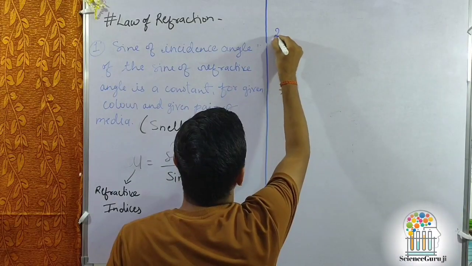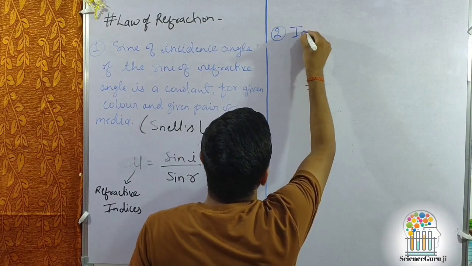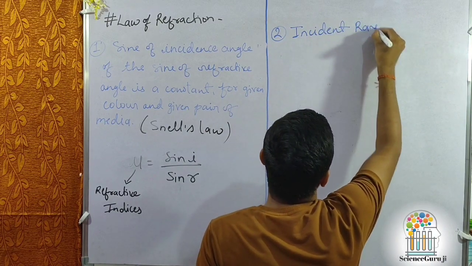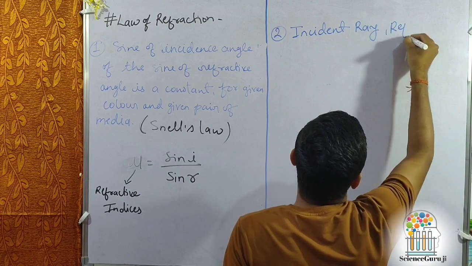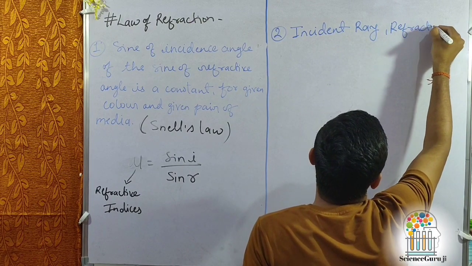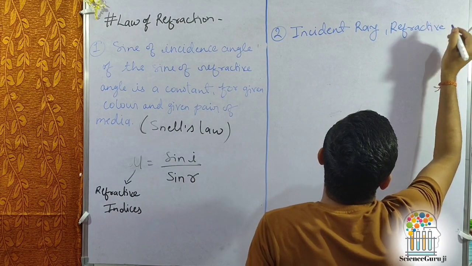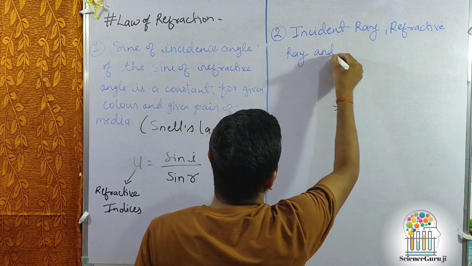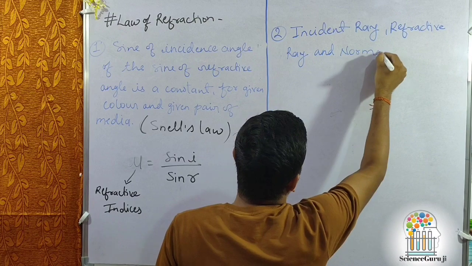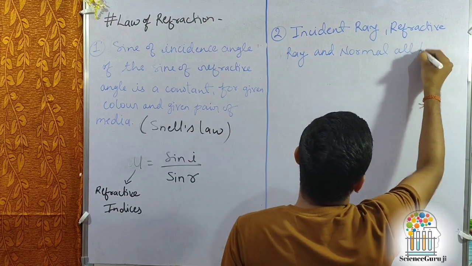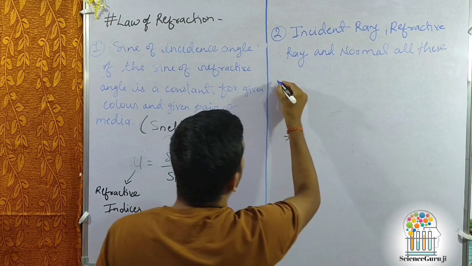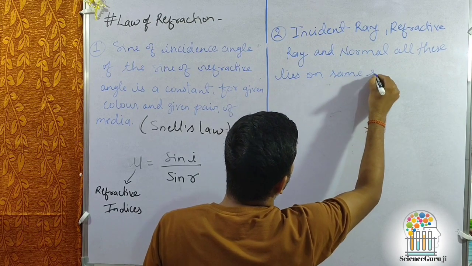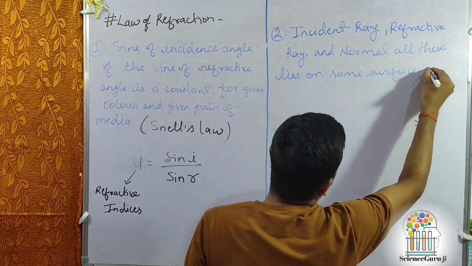Okay. The second law states that the incident ray, the refracted ray and the normal all lie on the same surface point,